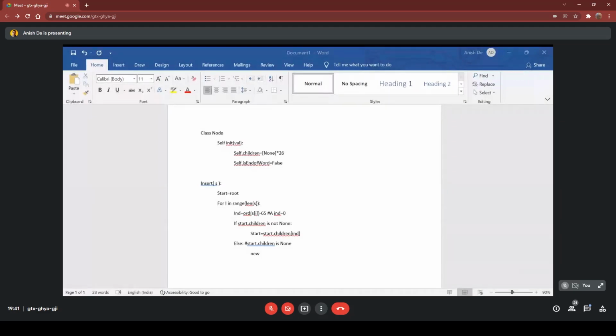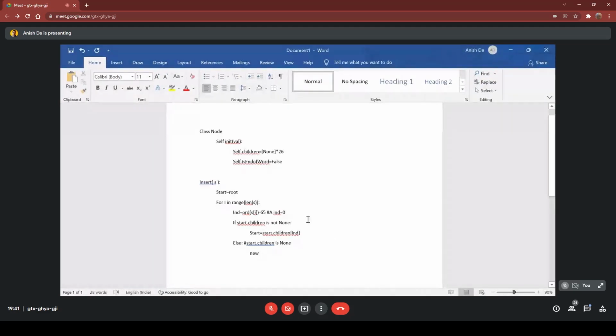Okay. So we create a new node here, with the value being 0 because there is no word ending there currently, and we update start to that node.